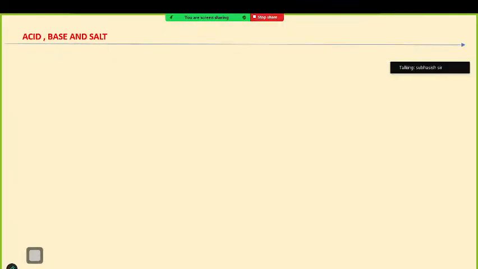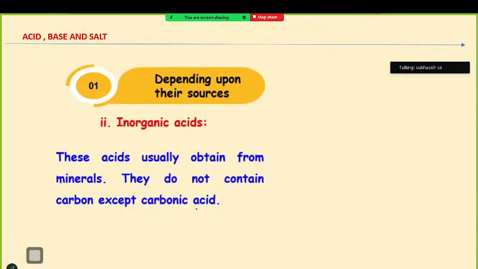Now there are some acids which are generally considered inorganic acids. Inorganic acids are generally obtained from minerals. They do not contain carbon, except carbonic acid. We already mentioned that carbonic acid is a carbon containing acid, but it is an inorganic acid. So these acids are usually obtained from minerals,